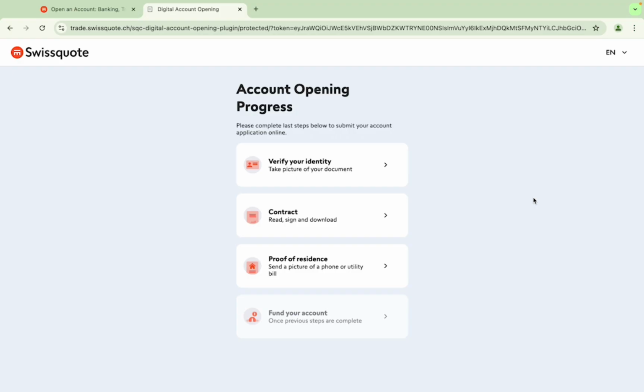SwissQuote is just one of the so many options. There are a lot of other good platforms there as well. So I just use SwissQuote as an example to show you how easy it is to open an account with them. You don't need to go to any physical bank branch or store. You can just do everything online. It is really straightforward and easy. Okay,